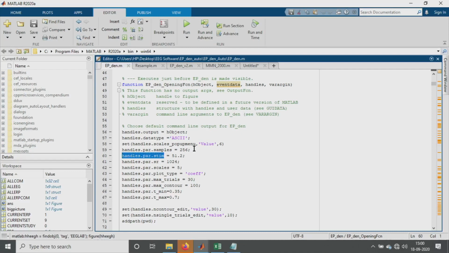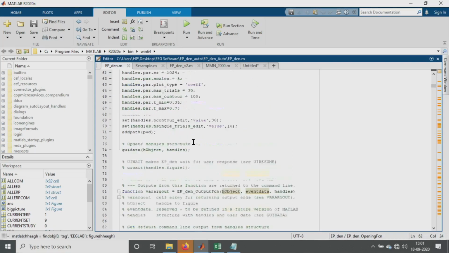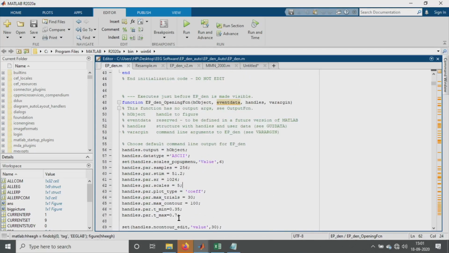Now in our case we have taken from -50 to 200 milliseconds, that is the time range we have taken. For that range we have to divide this by 5 like that, so we will get 51.2, so that we can get a data set from -50 to 200. So I've given this. Then this is nothing but the contour plots and the trial numbers. So I'll just run this particular data set.